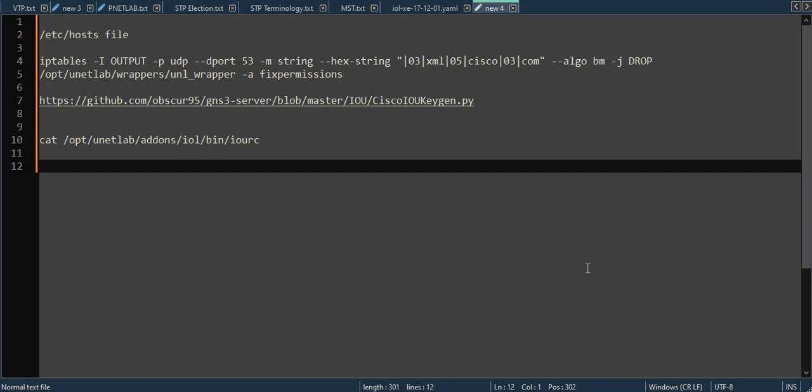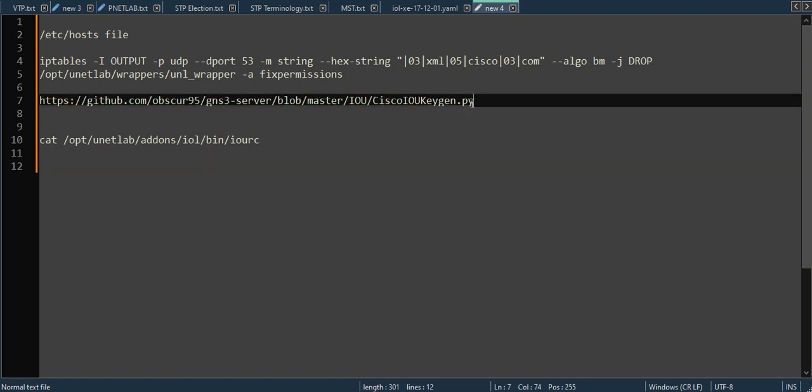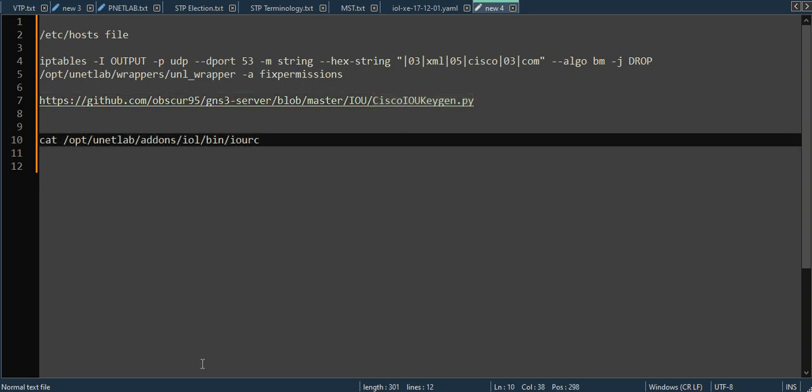Hello everyone, in this video I want to show how to generate Cisco IOU or IOL license for GNS3, PNETLab version 6 or even EVE-NG. Okay, to generate Cisco IOL license we should have this .py file, CiscoIOUKeygen.py. In PNETLab version 6